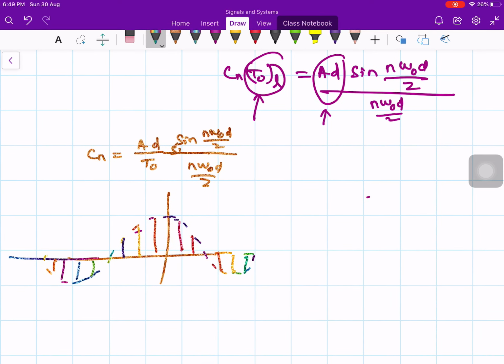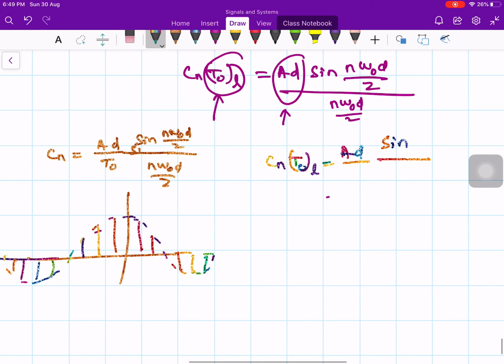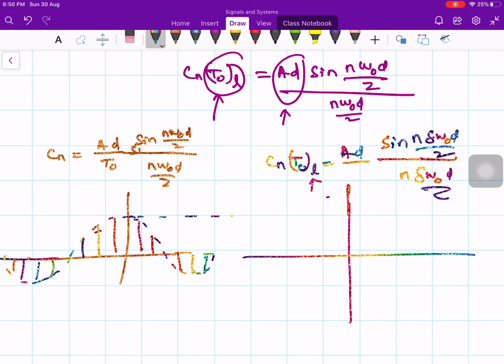Now if we plot Cn times t naught of large L, then also it is again AD, that's all, sine of, now it is not n omega naught, it is n times delta omega naught, because the L is very large, times d divided by 2, whole divided by n times delta omega naught, small delta, small omega naught, and d by 2. The same amplitude, same height, whatever the height you have here, but you have it packed with so many frequency components, very closer and closer like this,